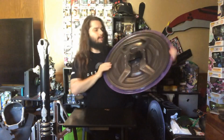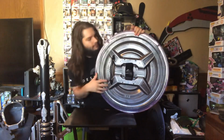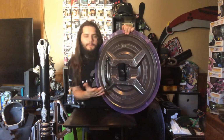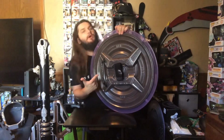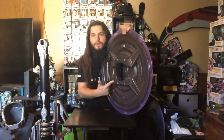So you're gonna have to take the screws out here, here, and there. I haven't tried it yet, but it looks like they're just really basic Phillips head screws, so I'm 90% sure that's possible. For cosplay purposes, I'm also thinking I might pull this handle off and just have a strap and